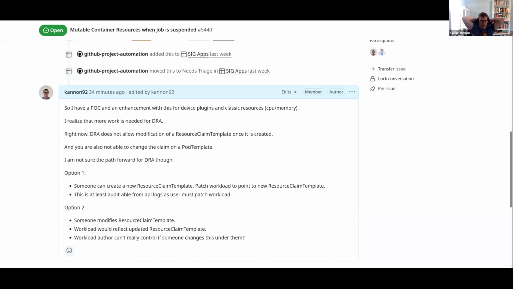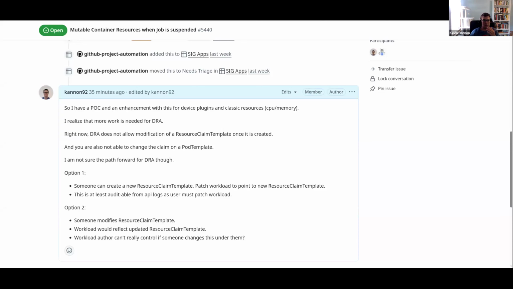I was thinking about taking this to device management to think about what some options are, because as we're thinking about mutability, especially for resources, I don't know if we should target just device plugins and classical resources and leave DRA with not having a path forward. So I was going to take that to device management this week to